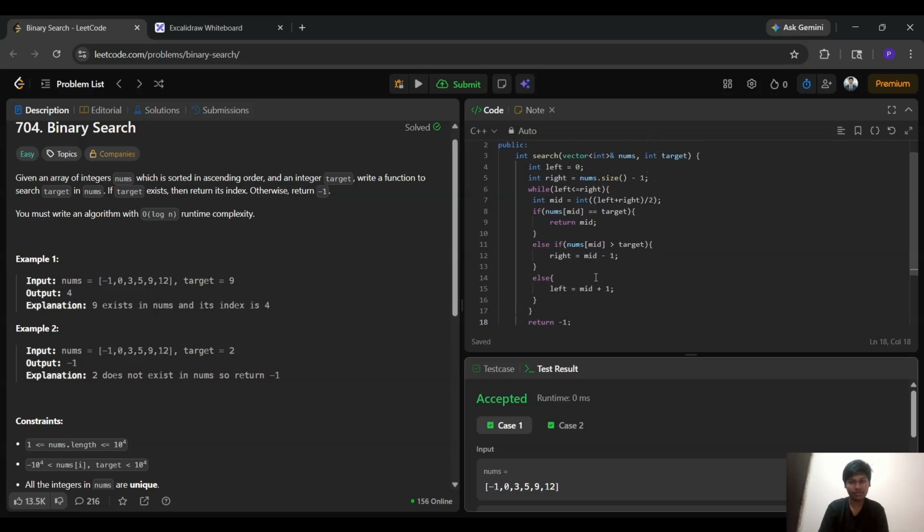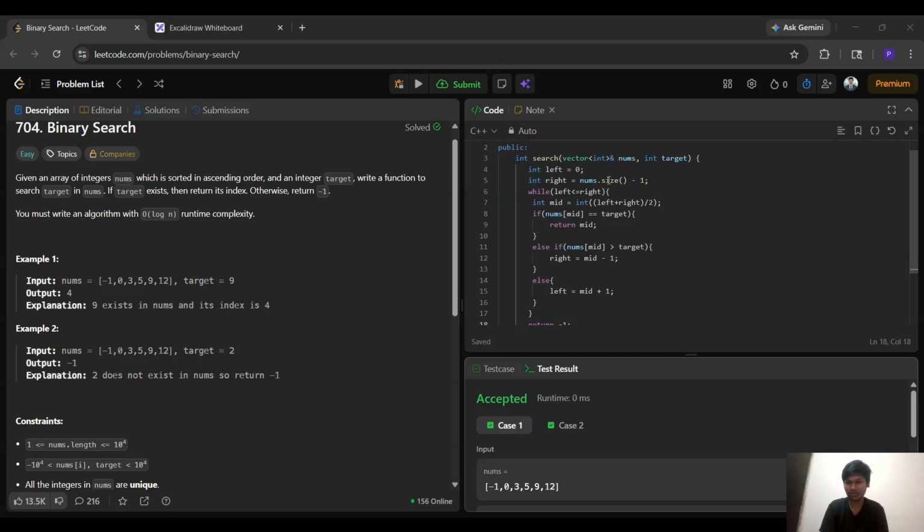How does the code work? Here we take left and right. Left equal to 0, then right equal to n minus 1. This defines the search boundaries. After that we run a while loop, continuing searching until a valid range exists or not.